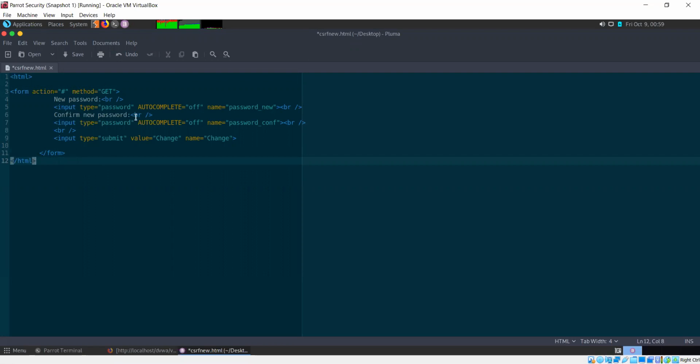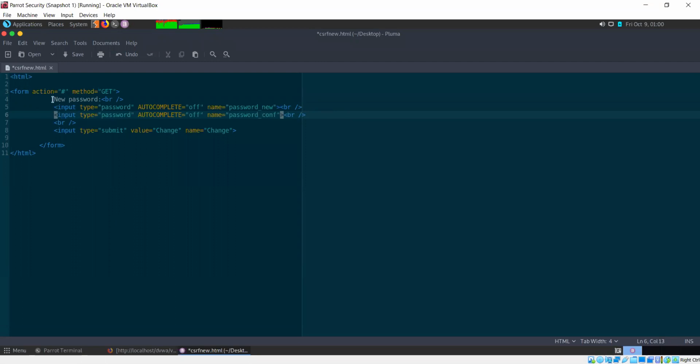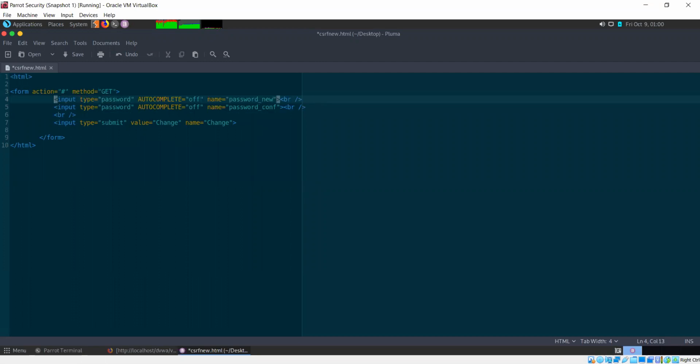Now let's make a slight change to this page. This break as well. This line, input type. Now I'm not keeping it as a password input.